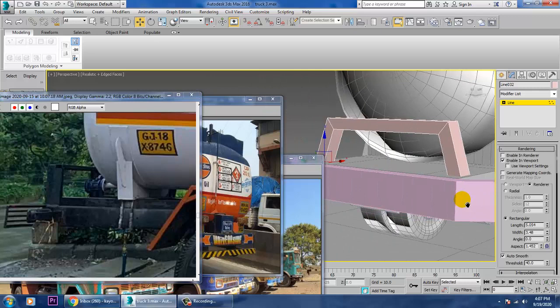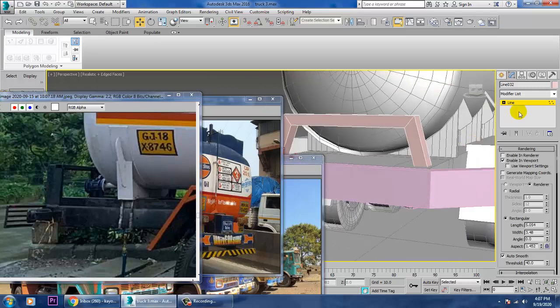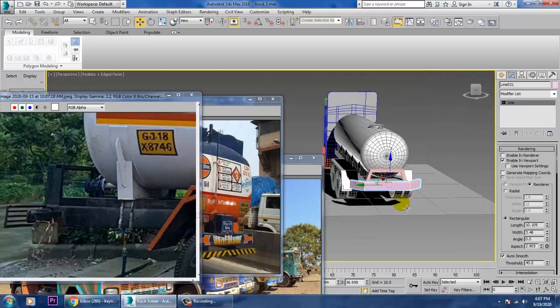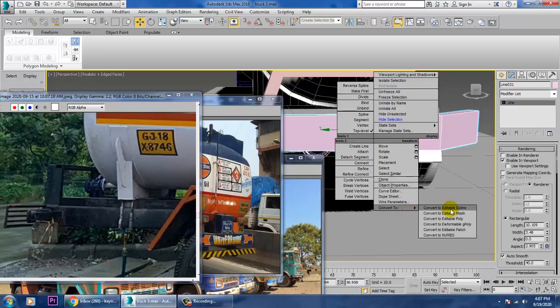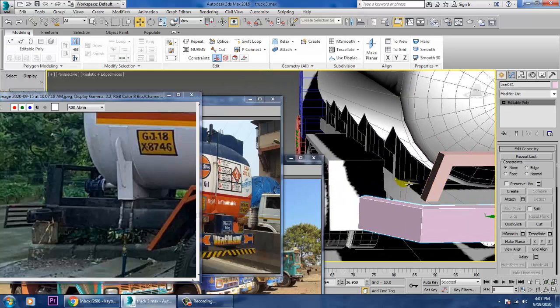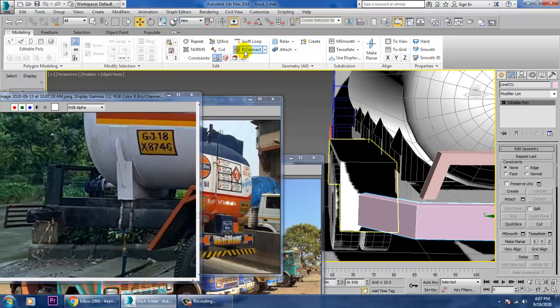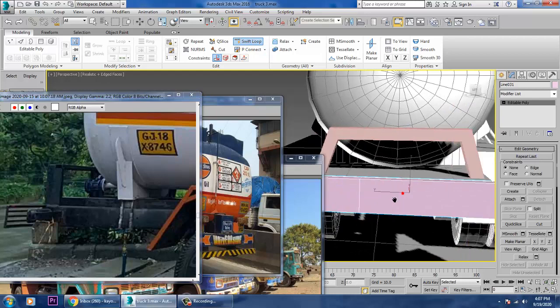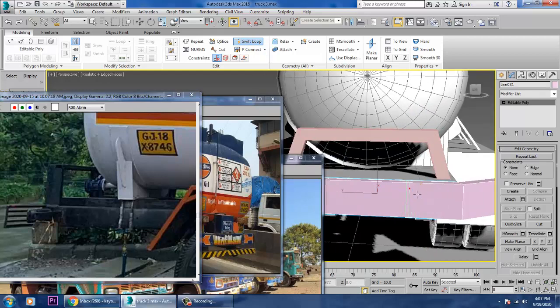Once you're done over here, let's convert to editable poly, and let's use a swift loop over here.